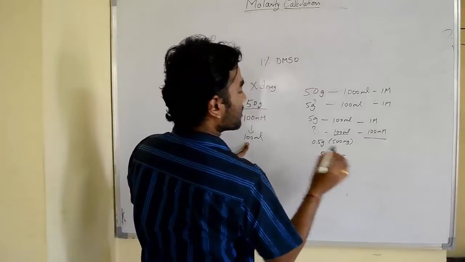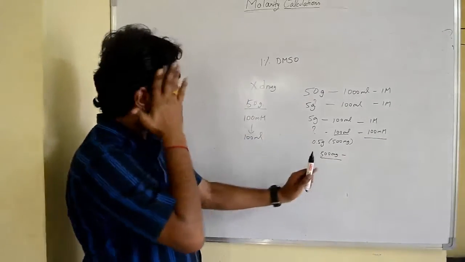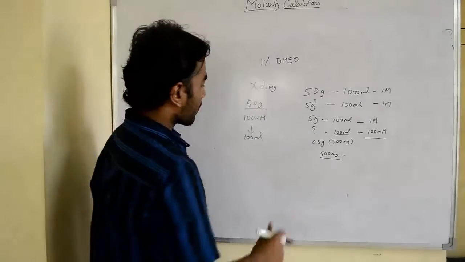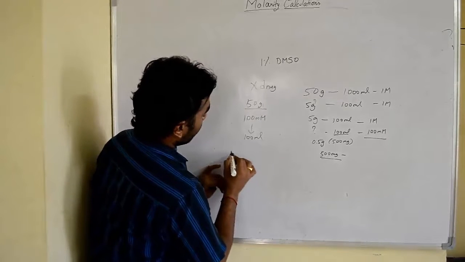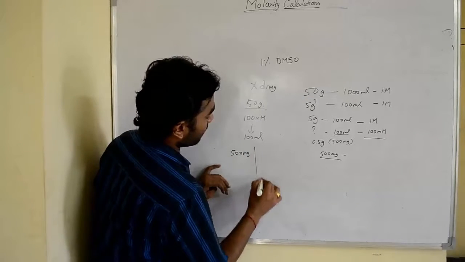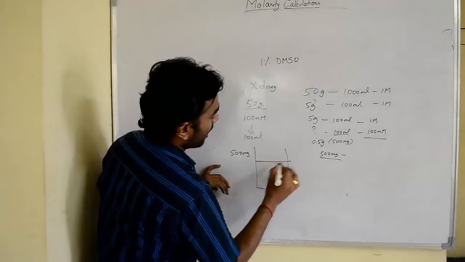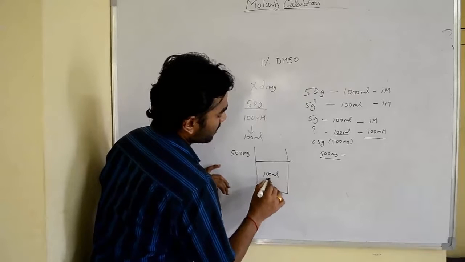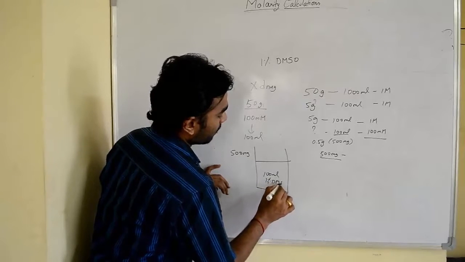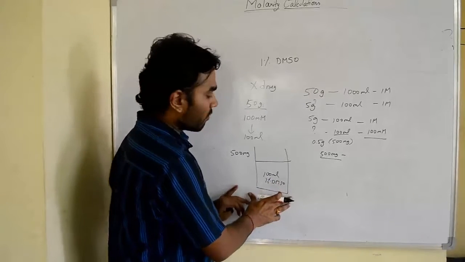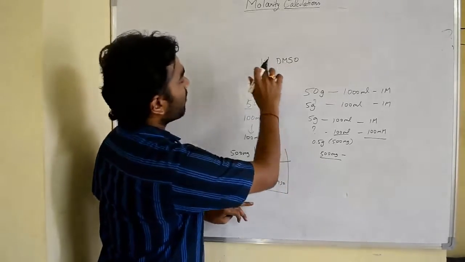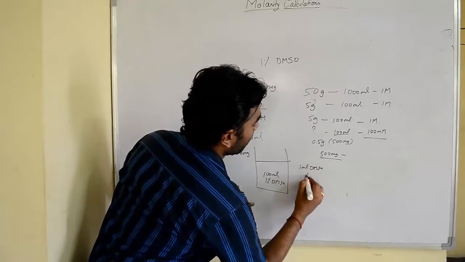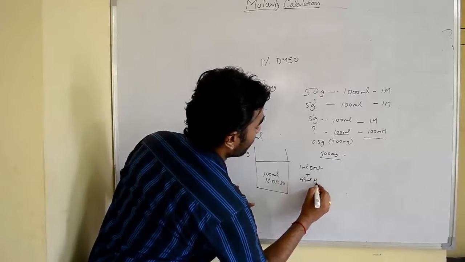So you got all this. Now you got how much quantity should be taken. Now you have to worry about this DMSO. How do you do it? This 500 mg should be added in 100 ml of water or some solvent which contains 1% DMSO. So you will prepare this water beforehand and you prepare 1% DMSO: 1 ml of DMSO plus 99 ml of water.